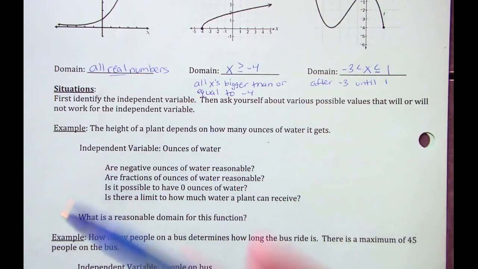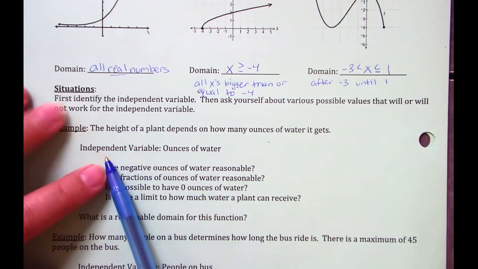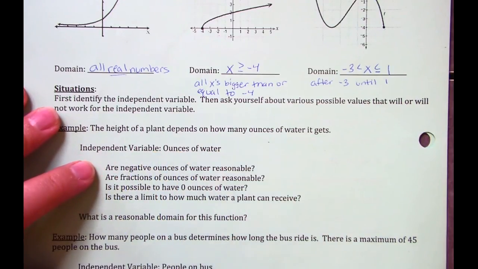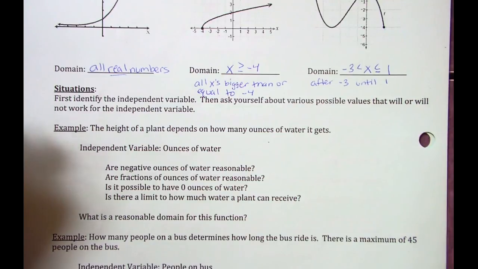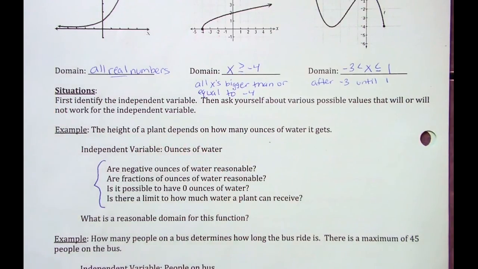I'm assuming the more water, the taller the plant. So in this situation, our independent variable is ounces of water. To figure out the domain, all the possible things that the ounces of water could be, we are going to look at